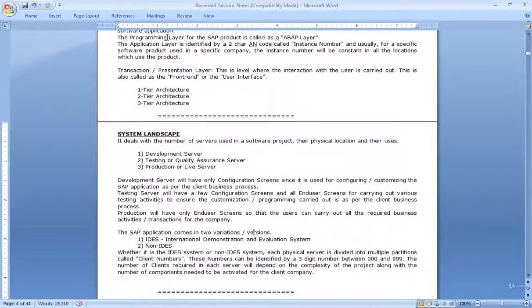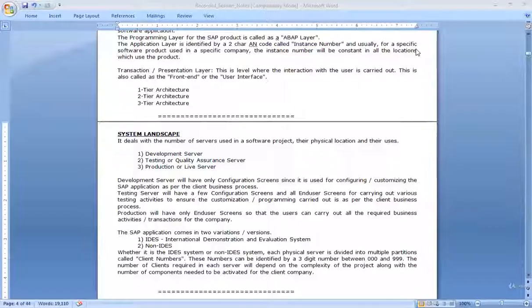So the outlet needs to have a vehicle kept aside for that type of trial run, right? Similarly, when the consulting company visits a client for discussing about installing SAP, if the client requires a demonstration, then I need to have a system readily available, the application readily available for giving the demonstration, right? So the IDES is basically designed by SAP with predefined example data, which can be used for giving